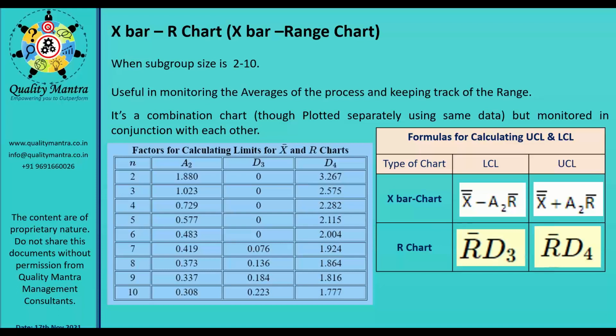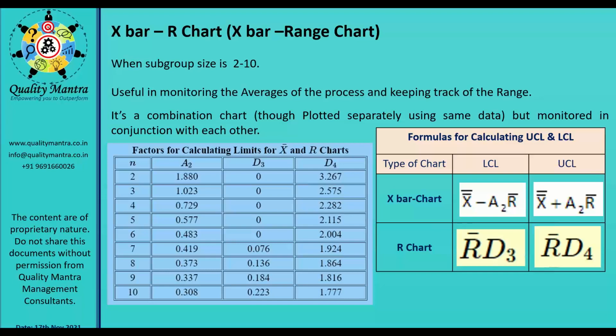Tomorrow take out some 10 or 15 minutes. Take any data of your plant, 25 or 30 data points. Calculate LCL and UCL, plot the data on the Excel sheet, and plot it manually on a piece of paper, if possible, so that your concepts are more clear. When you try it and calculate it, you will get more confidence, and you will come to know what mistakes you are making, so you can correct them in time. The more you try, the more your concepts will be clear. So please try to make the IMR chart.